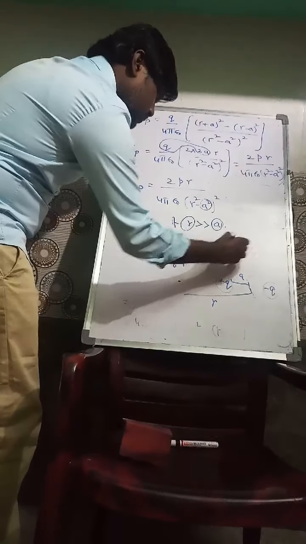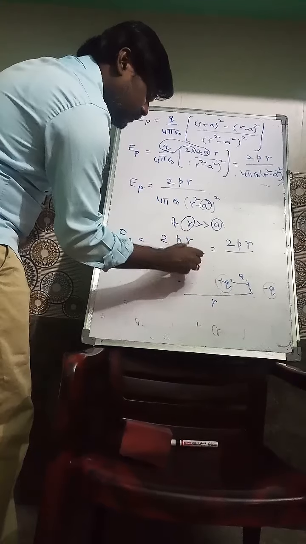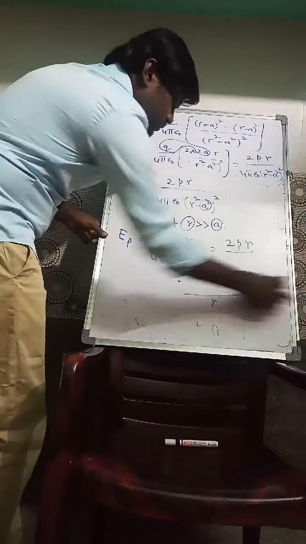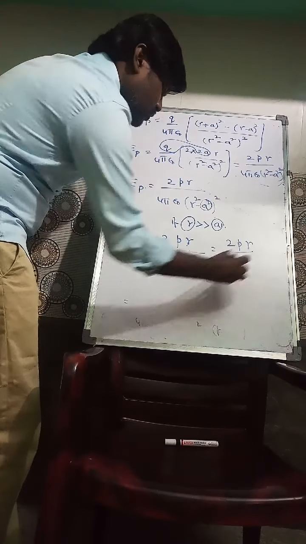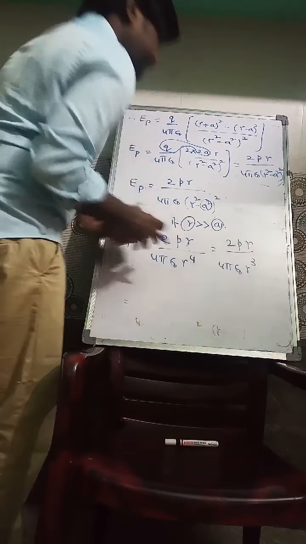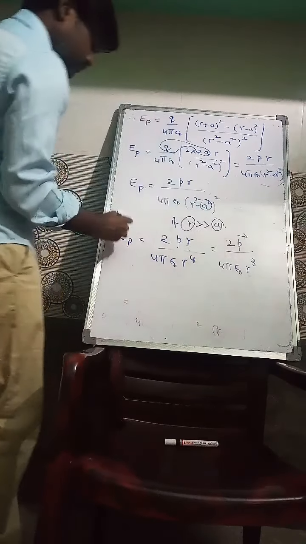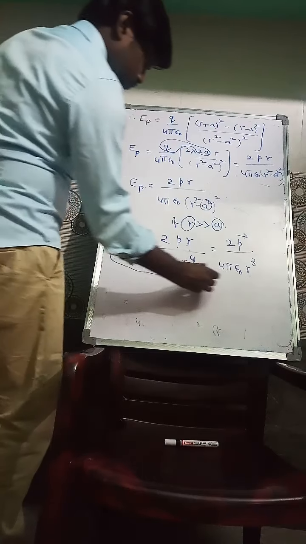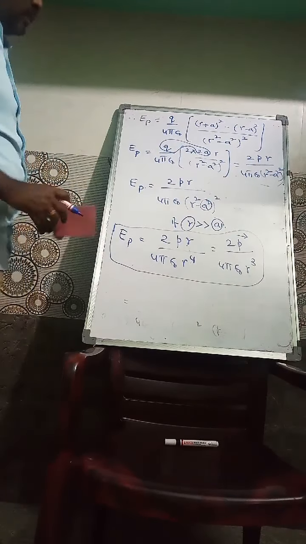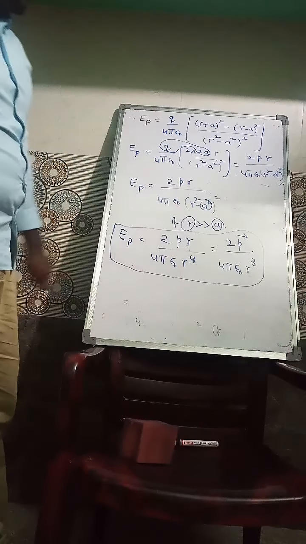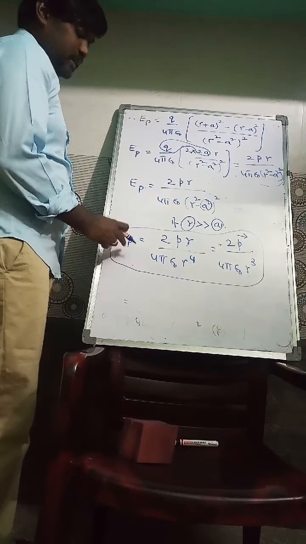Here R and one R will cancel out, so you will get 2P by 4 pi epsilon naught R cube. Finally, we got a positive sign only. So what is the direction of